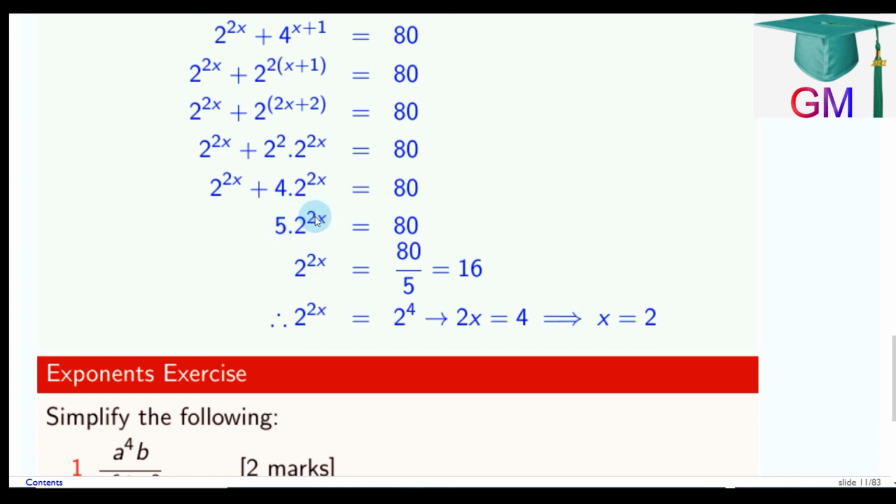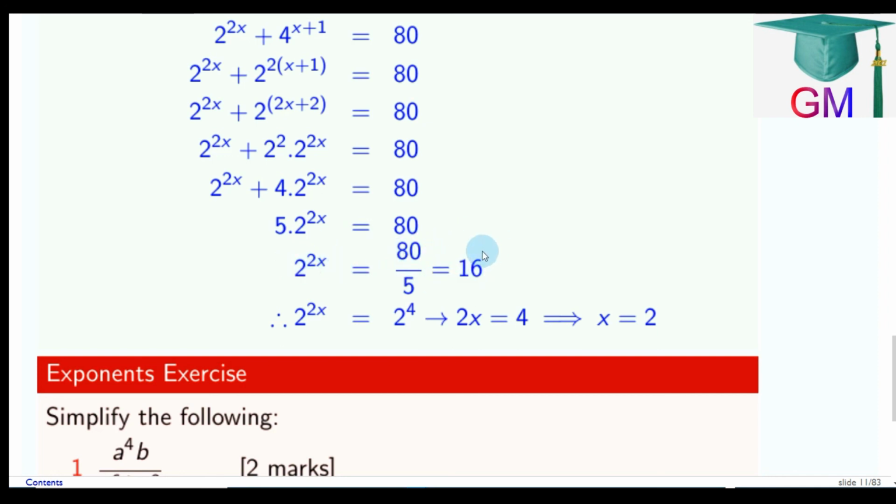The job here, find x, is involving the backbone of maths, subject of formula. In the end, I need to make x the subject of the formula, which means I need x to be on one side of the equal sign and the rest to be on the other side. So the process involves some reverse of operations. When I am multiplying, the reverse to change this is to divide. So you divide both sides by 5, you get 2 to the power of 2x is equal to 80 over